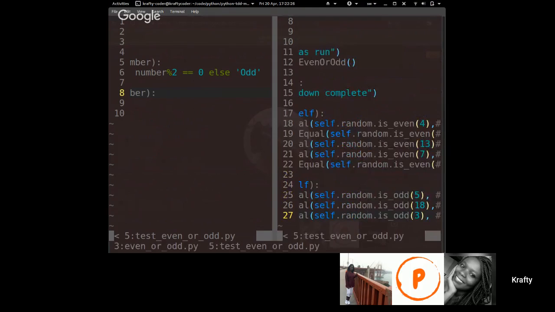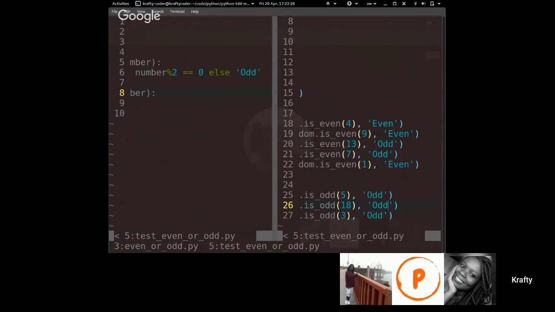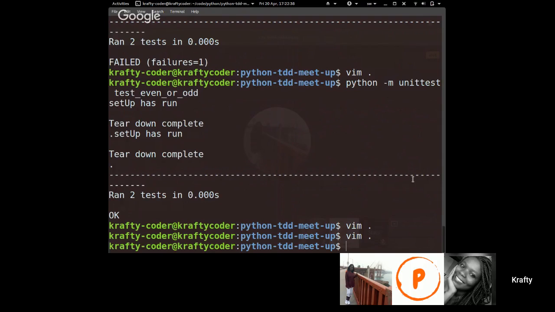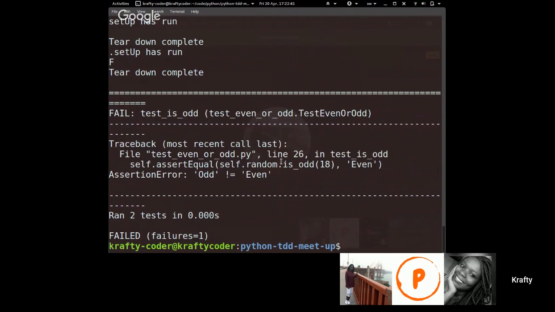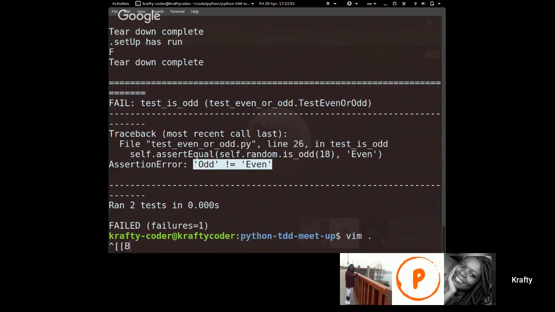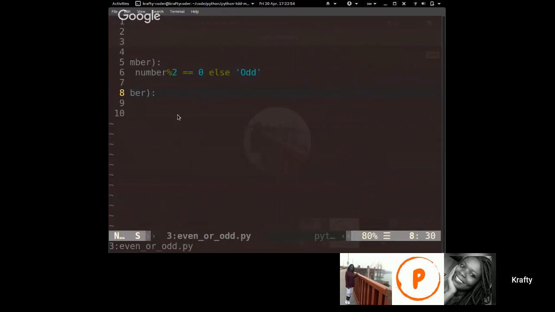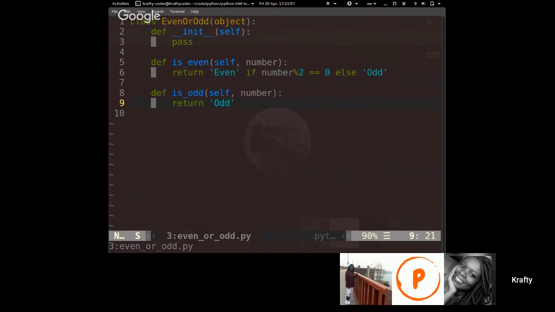Okay, so we have here even. Yeah, I think that's. So we have a failure. Odd is not equal to even. This is due to our method. Which method? is odd. So this one explicitly returns odd. So we have to return odd only if